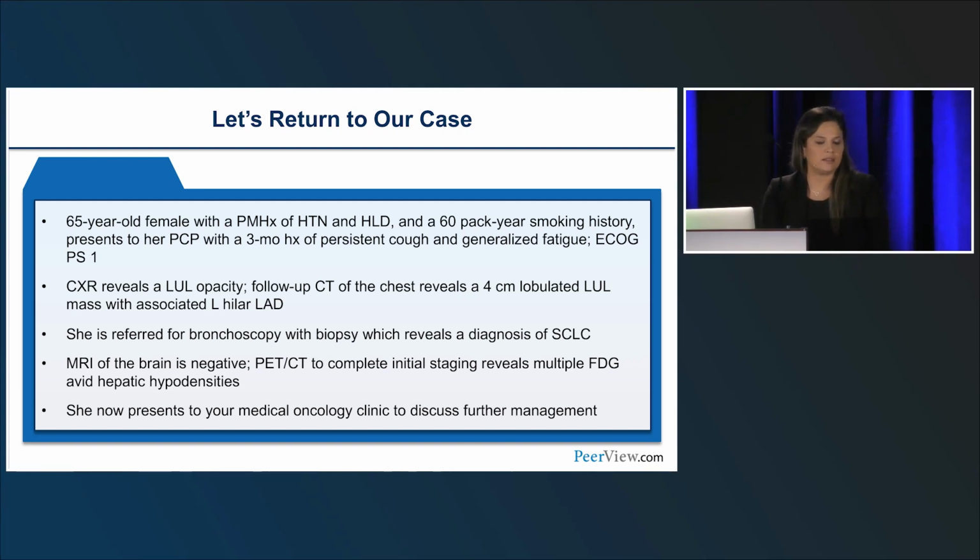Certainly, I think it's reassuring to see greater follow-up in the durvalumab data. It's really nice to have that 3-year overall survival data with the CASPIAN. We also have some interesting data that was recently published with the CASPIAN data in JTO just last month, I believe,